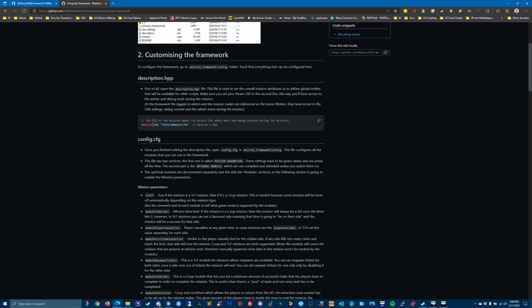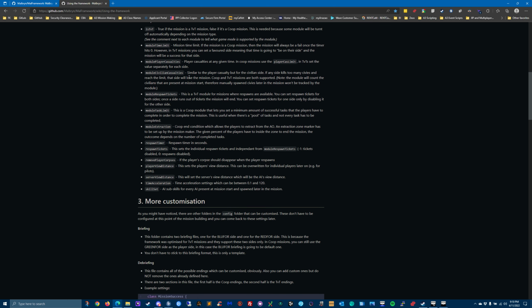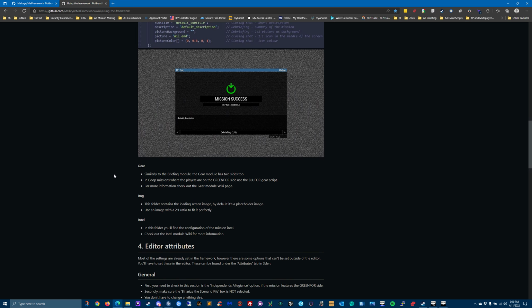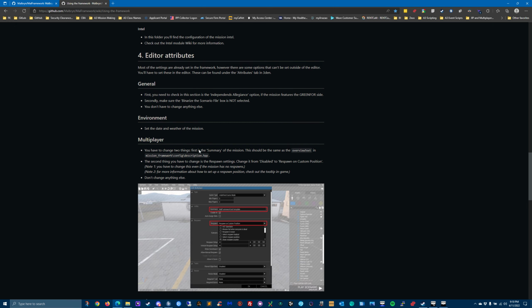As the mission maker, you will want to put your Steam UID in here. Right now this is MalFramework's, but you will want yours because it makes you automatically the admin and able to go into Zeus to fix things, even though it's a scripted mission. But you will have some admin options that his framework provides. I would go through and read all of this, even if it doesn't make sense yet. But right now we're going to go down to,